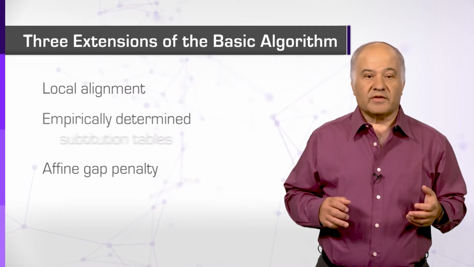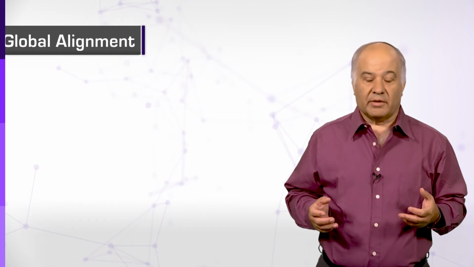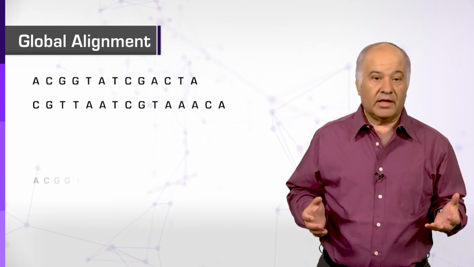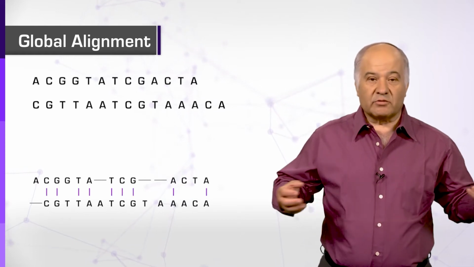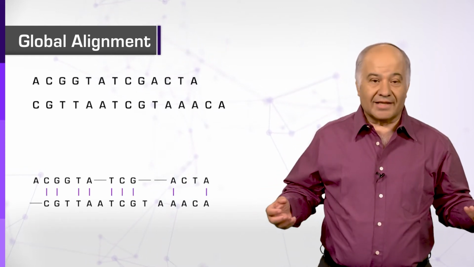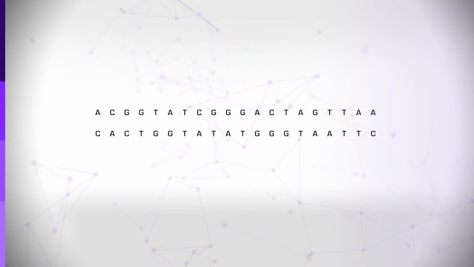The algorithm we have discussed looks for global alignment between two sequences. Namely, in the example we presented, we wish to align the entire sequence of the first molecule to the entire sequence of the second. However, in some cases, we know that the two molecules may be similar along only part of their sequence. In such cases, we may look for a local alignment, searching for segments of the sequences that can be best aligned to each other.